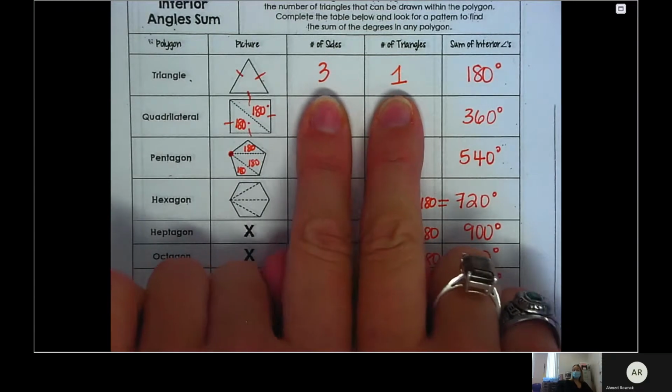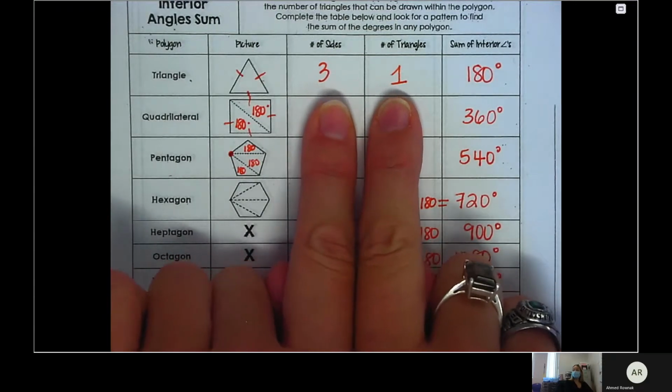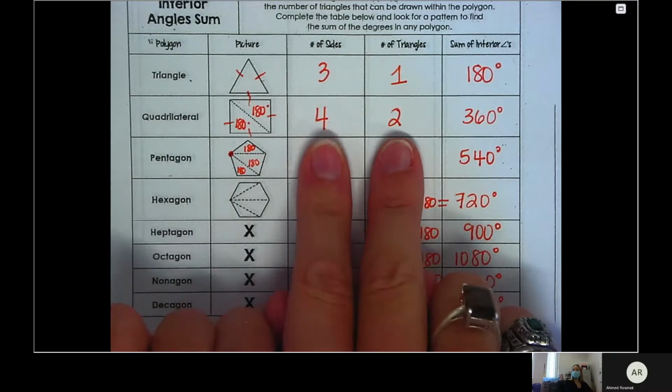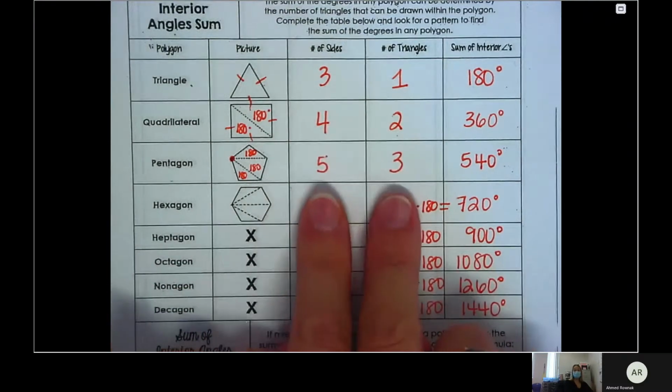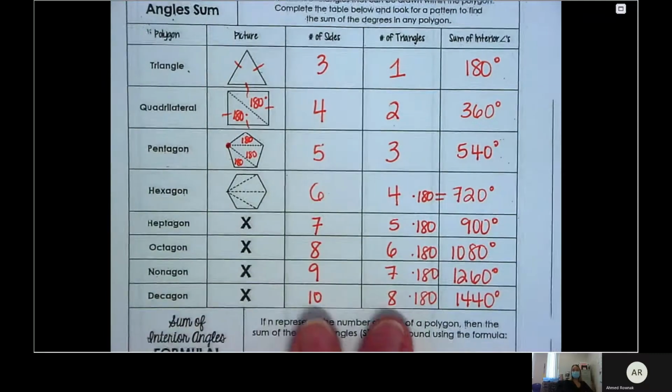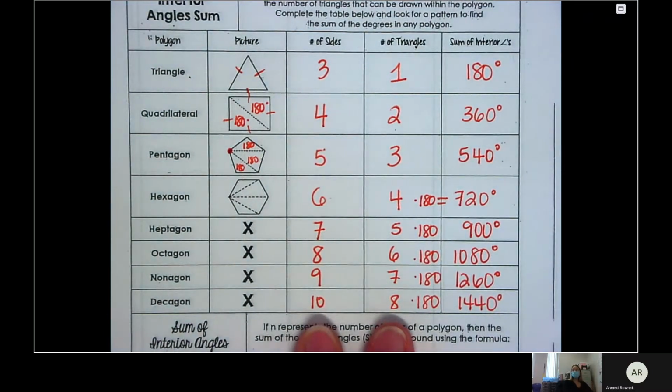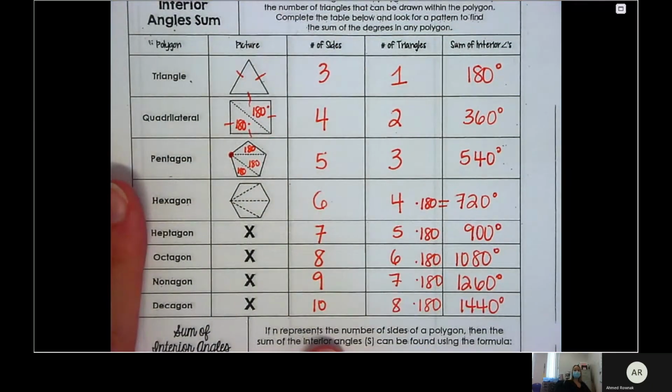What do you have to do to get from 3 to 1? Minus 2. What do you have to do to get from 4 to 2? Minus 2. What do you have to do to get from 5 to 3? Minus 2. What do you have to do to get from 10 to 8? Minus 2. So, no matter what, if you take the number of sides and subtract 2, you'll get the number